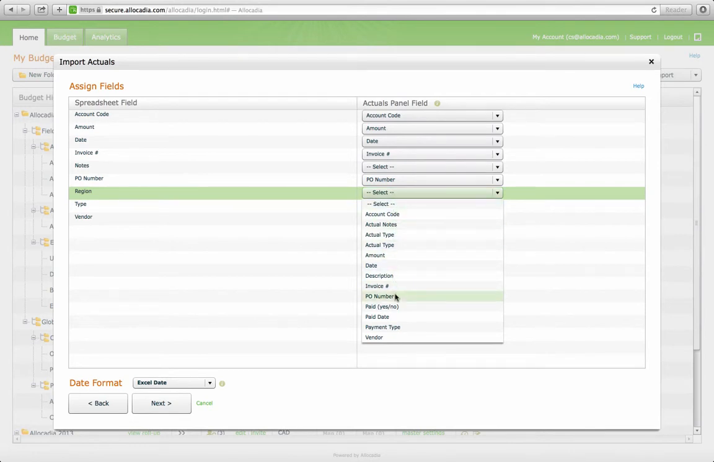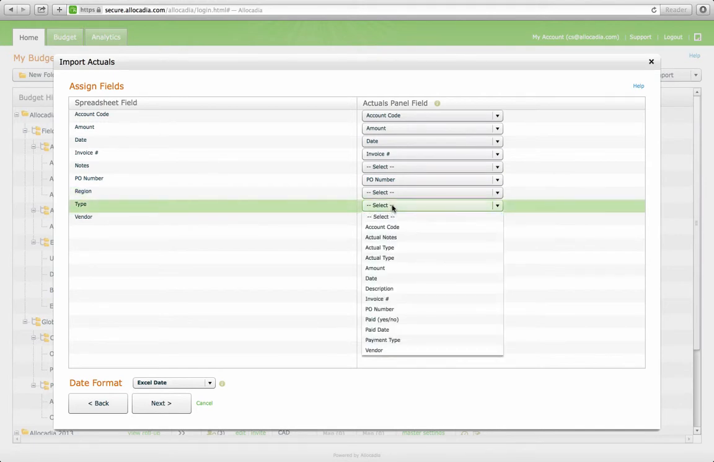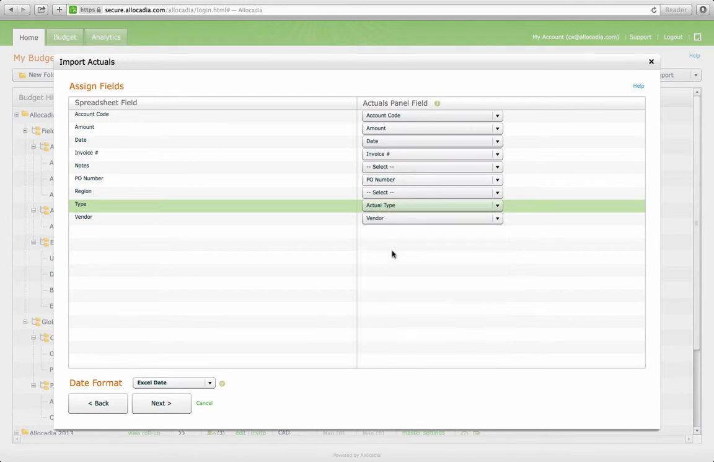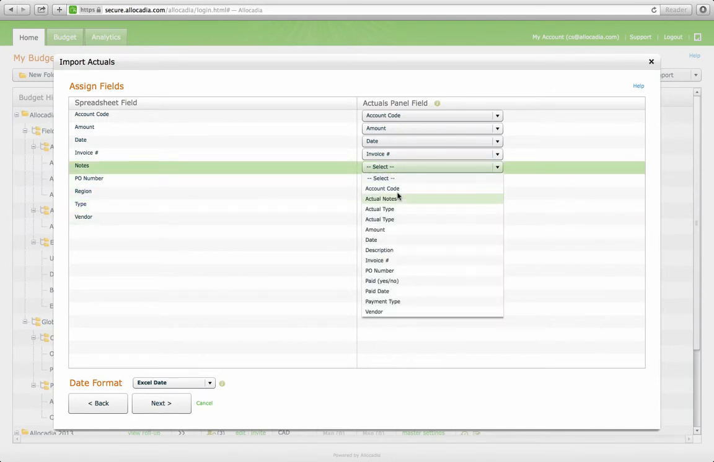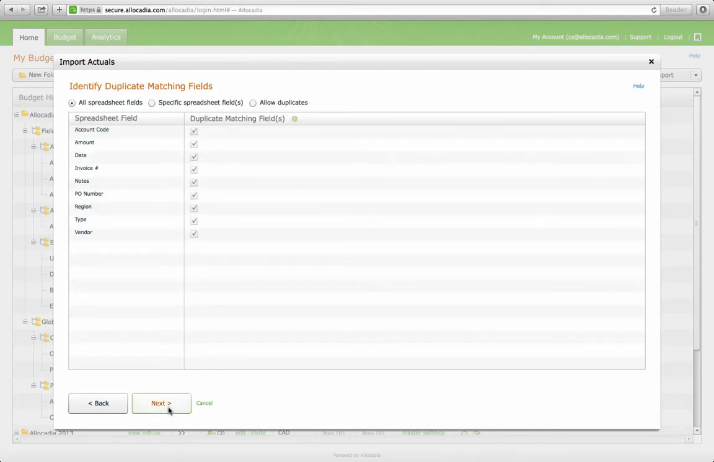If there is a spreadsheet field that you do not want imported into the application, we will ensure that Select is showing as the drop-down menu selection. Please note that only one spreadsheet field can be matched into one Actuals panel field, otherwise the import will be rejected. Select the date format that you used for your date columns in the spreadsheet in the Date Format drop-down menu. Click Next. The next step in the import process references how Allocadia identifies and deals with duplicate POs or